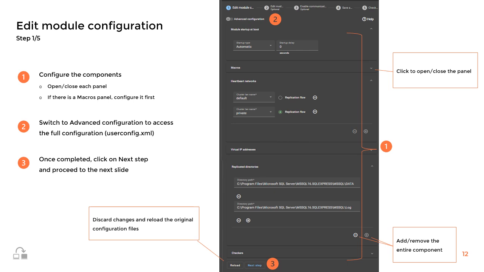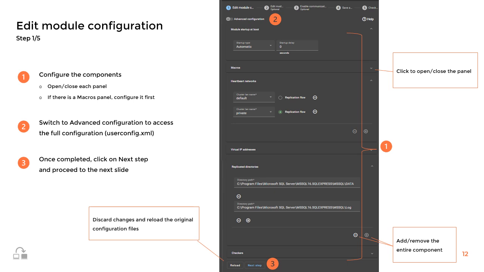Then comes the virtual IP panel in the figure. You can define a virtual IP address when opening this panel. The virtual IP address is a third IP address that must be set in the same network as the 2 physical IP addresses of the 2 nodes. In a mirror module, the virtual IP will be set on the network interface of the primary node as an alias IP address. Clients will connect to the virtual IP and will be routed to the primary node.